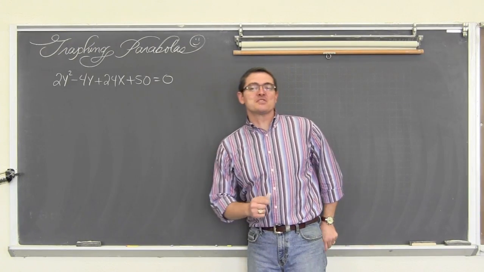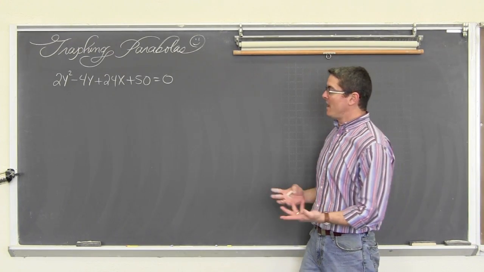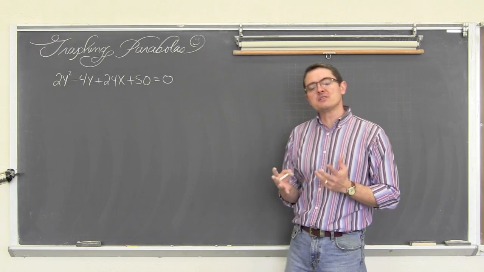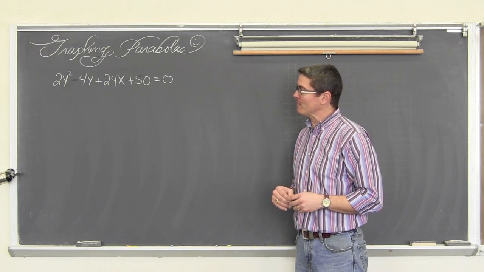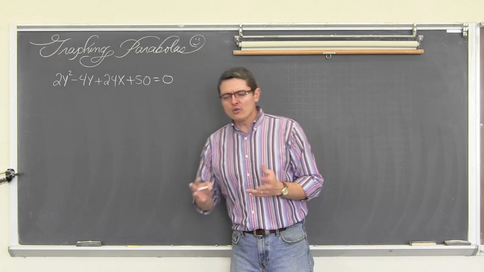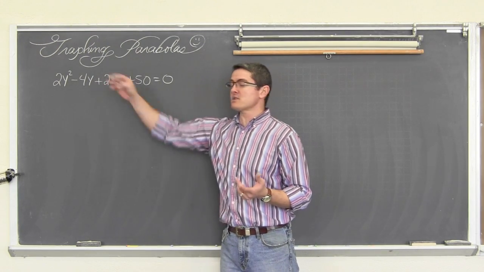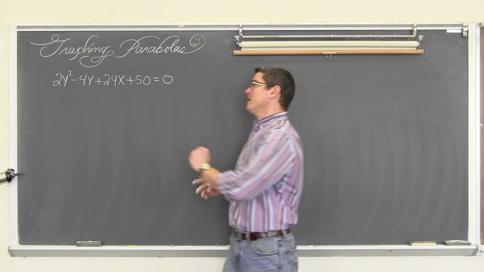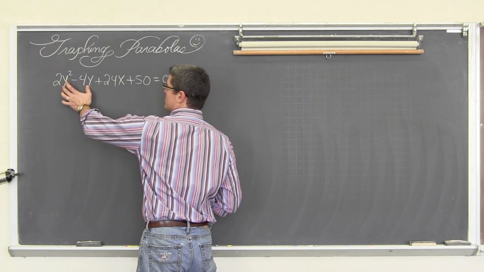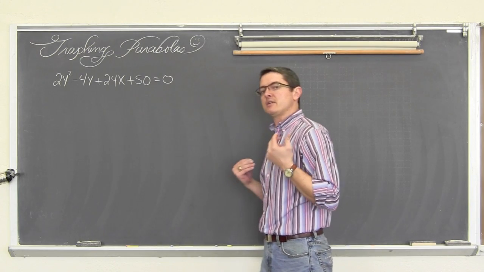Our last example is also not in standard form, but with our single degree terms of y, we're going to have to complete the square to get this into standard form. So to get your equations into standard form, you're going to have to complete the square. You only do it once because of only one squared term. We're going to get the variable that has the exponent of 2 alone on one side and everything else on the other.